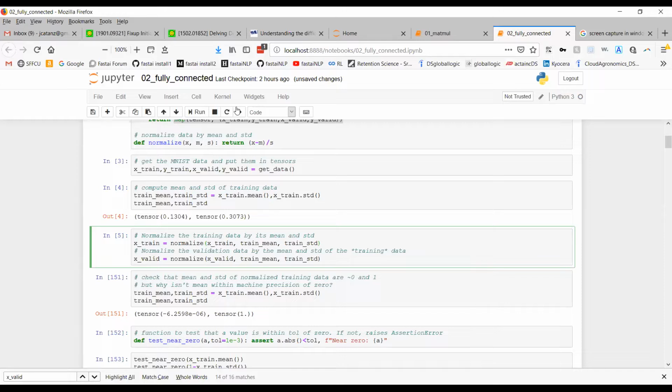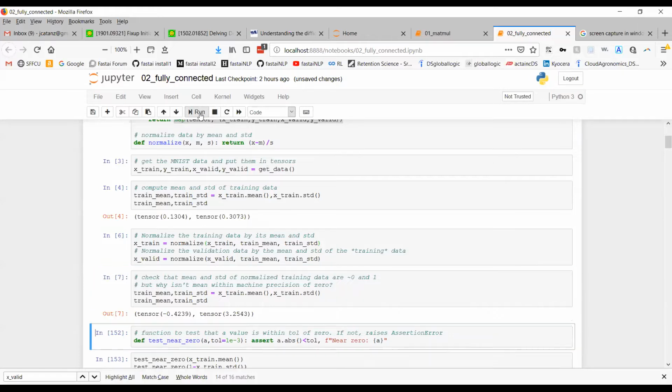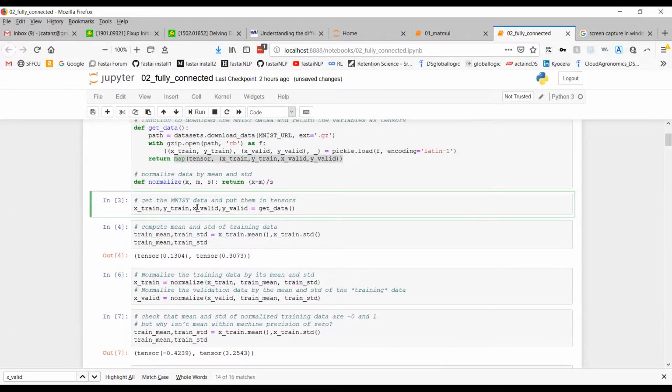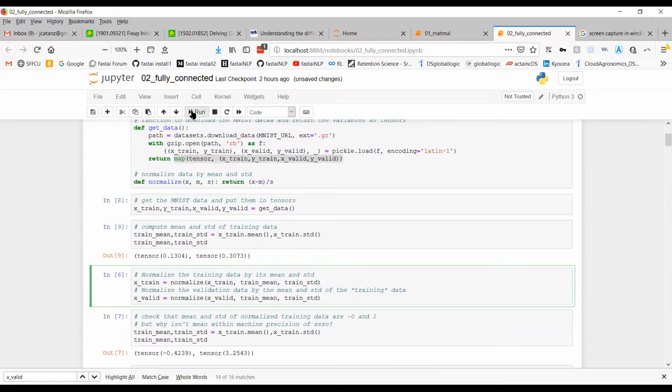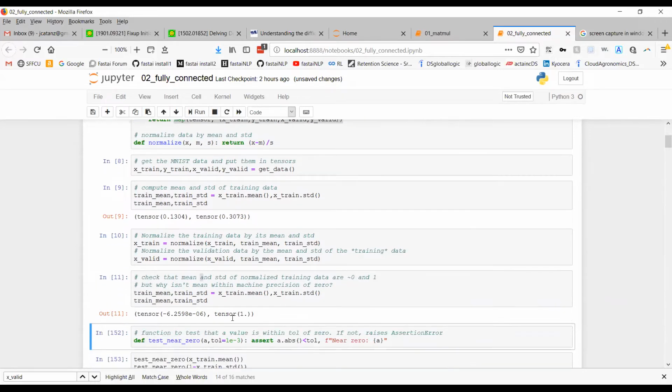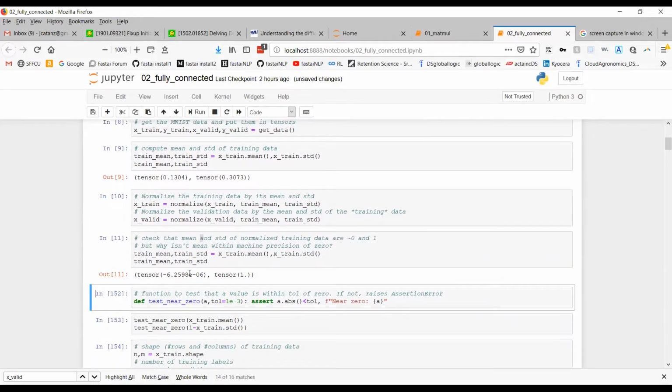Okay, so to do that, now we check that the mean and standard deviation of the normalized data are 0 and 1, as they should be, since they're normalized. Get the data, the mean and standard deviation, normalize, and then check. There it is. So the mean is close to 0, and the standard deviation is 1, so that works